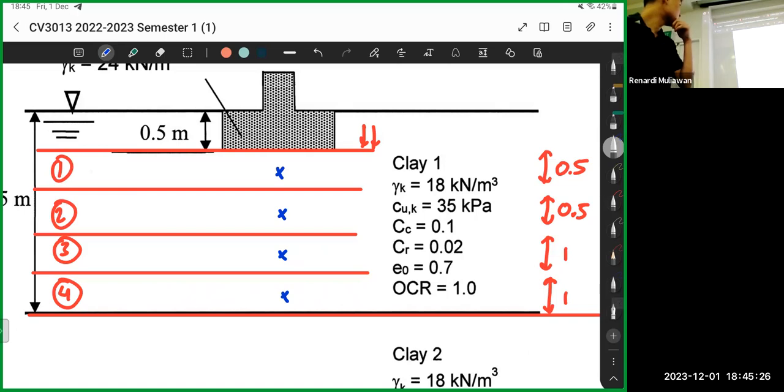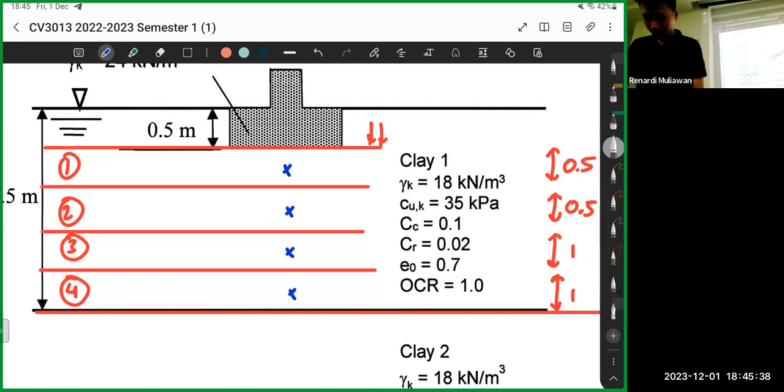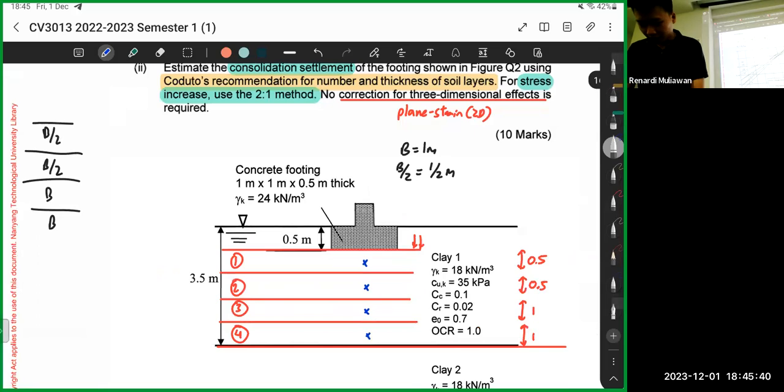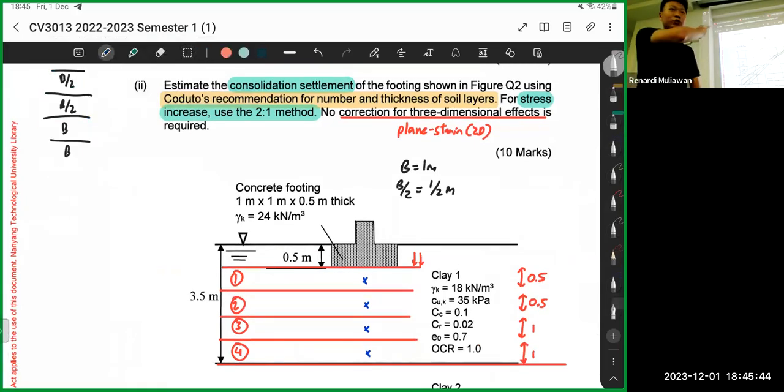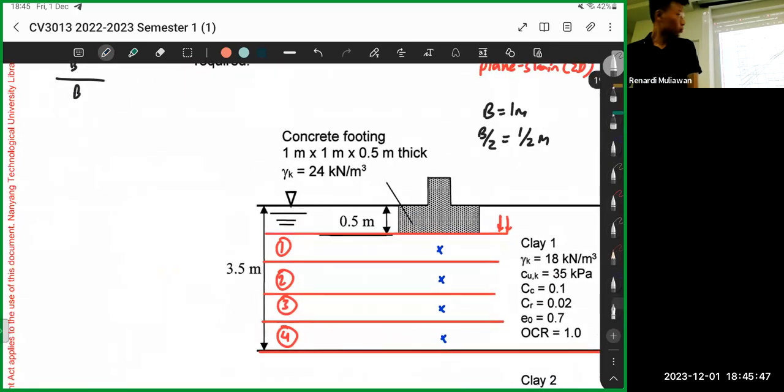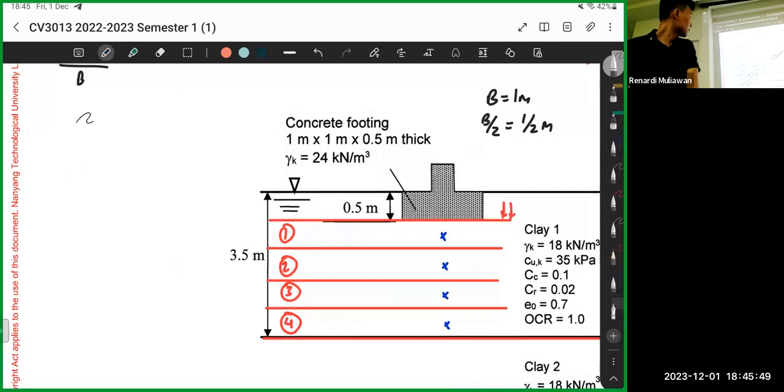This one is CPT. Consolidation is this one. They only give this, okay. So they only give this, right? Okay. So before we even start, right? Let's analyze what we need first. Okay. So they give